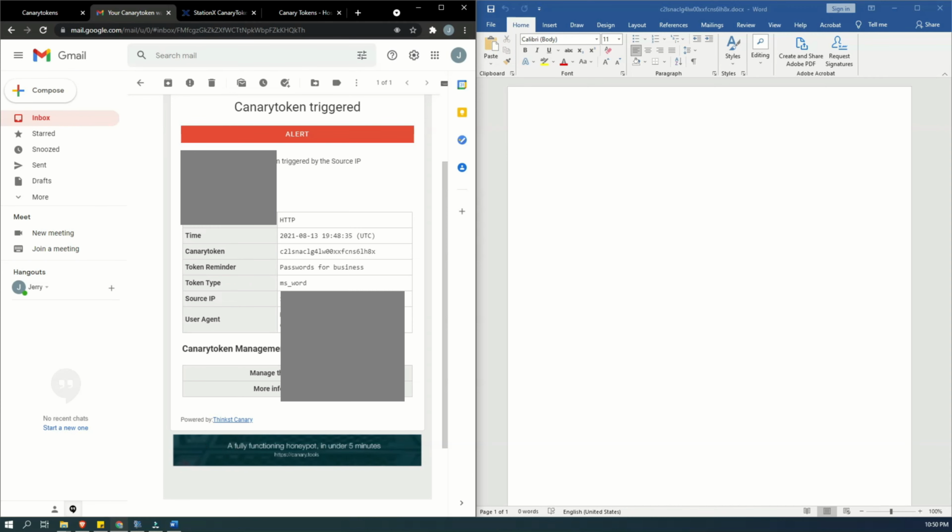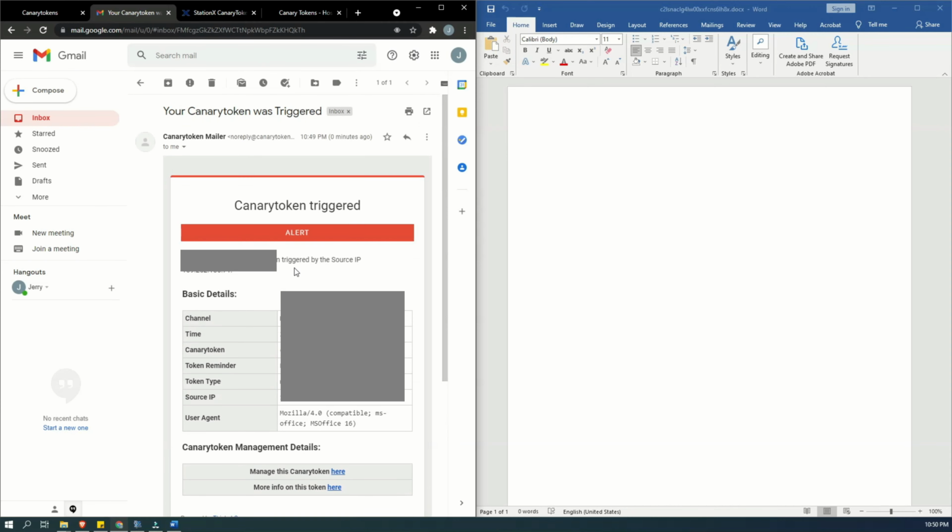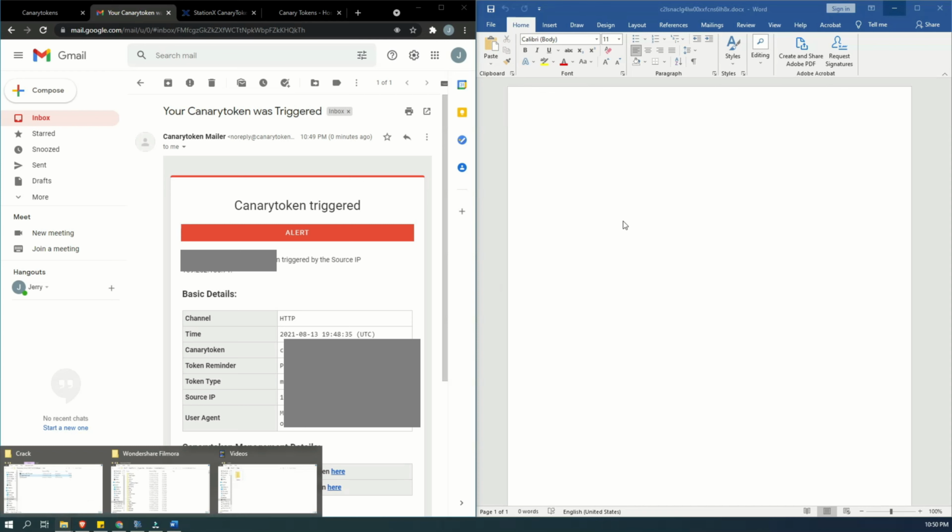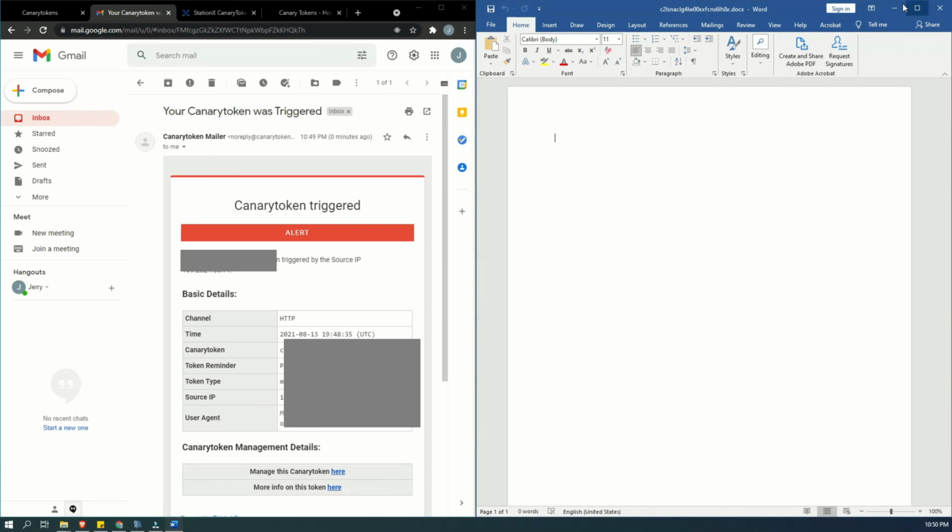And then the source agent, that means Mozilla Firefox and MS Word Office, all those things. So this is a really cool, really fun security measure we can put in place just to make sure that we have our files always secure. Just like I said earlier on, the file we downloaded earlier, I can just go ahead and rename this with something interesting, so that maybe when a hacker sees it, just like I did here, the reminder was passwords for business,